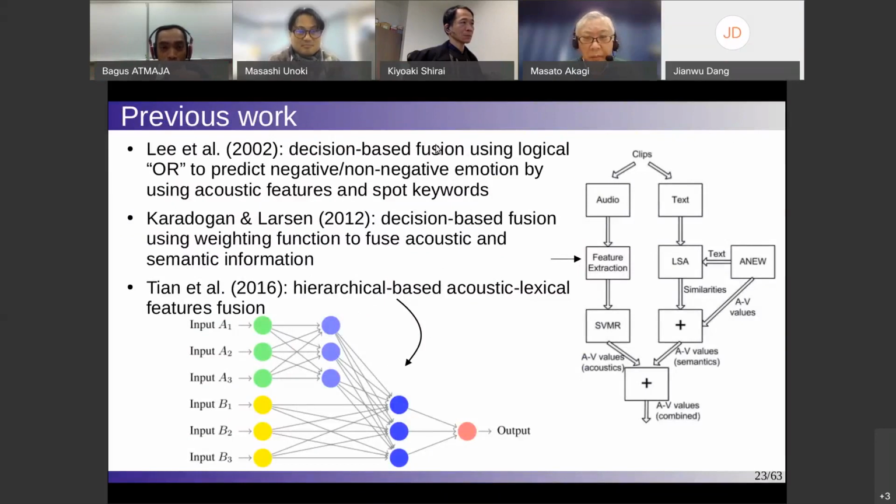although these 3 works state that there is fusion between acoustic and linguistic, that's not the information fusion, because that's like spotting keywords, which they just detect whether some keyword exists or not. If some keyword exists, then it is negative or positive. And the second one also uses a dictionary, and the last one also uses lexical, actually not linguistic.